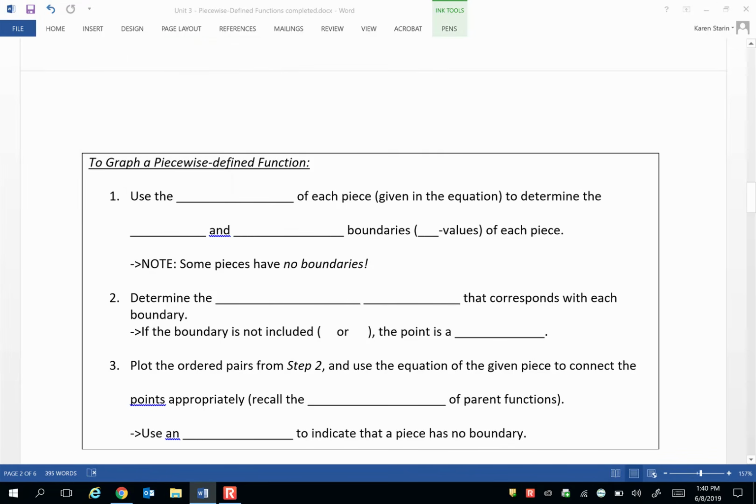In this video, I'll define some steps or some guidelines for how to graph a piecewise defined function. So you first want to look at the domain values. Use the domain values of each piece, and that's part of how we define the equation, and use them to determine the left and right boundaries, which is the x values